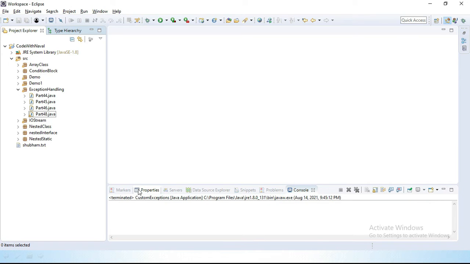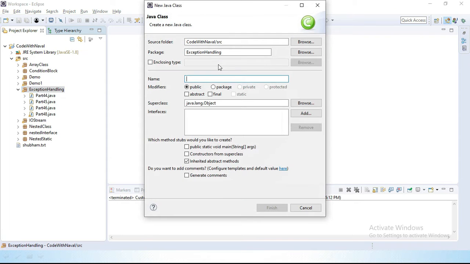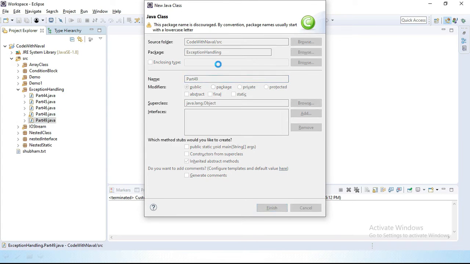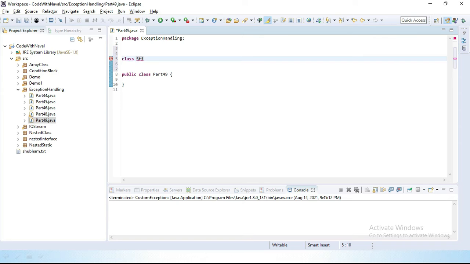I'll simply open Eclipse here. I'll create a class and give it the name Part49. Here I'll create one exception class, and I'll name it StringNotFound.